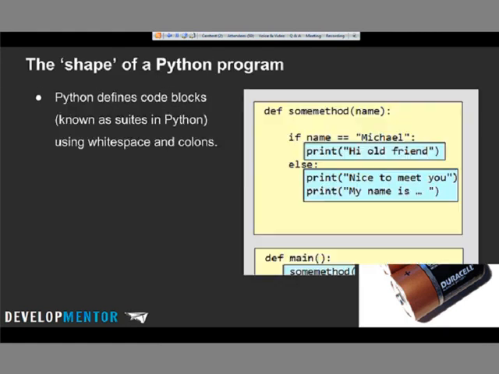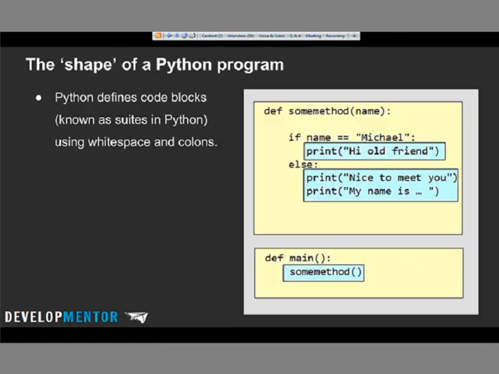Okay, so the one thing that is super different, maybe not the one thing, but the thing that is most different to .NET, C#, VB, and so on, is there are no curly braces that define blocks of code, but rather Python uses white space to define blocks of code. So here you can see a bunch of different colored blocks, and each color represents a syntactical code block in Python.